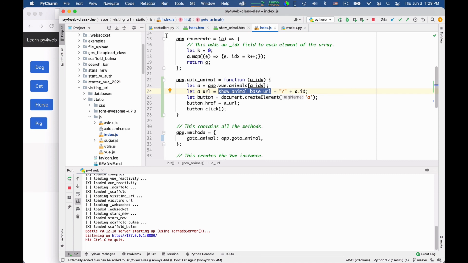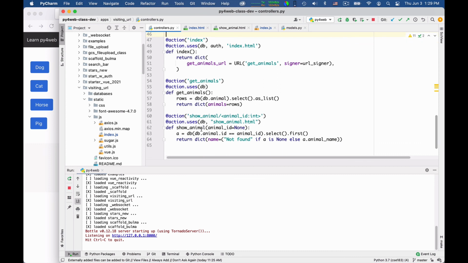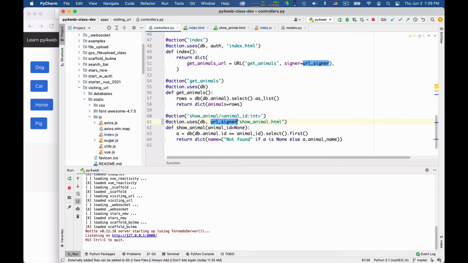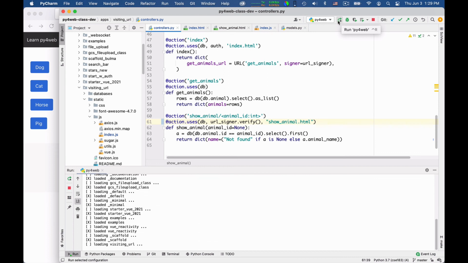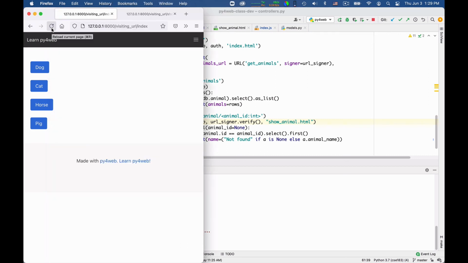In fact, this works only because in the controller, the show animals, I removed the portion where I checked the signature. If here I wrote something like URLSigner.verify to check that you're accessing using a signed URL, and if I restarted the code, this would break. So the limitation of creating URLs in the client is that you cannot sign them properly, because only the server knows the secrets that are used to sign URLs.